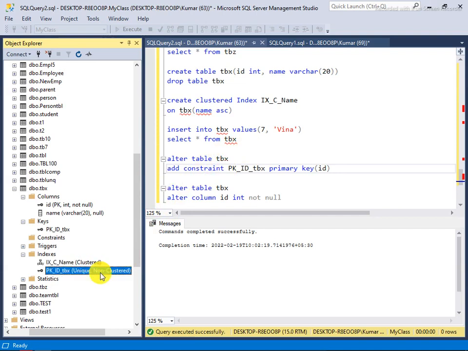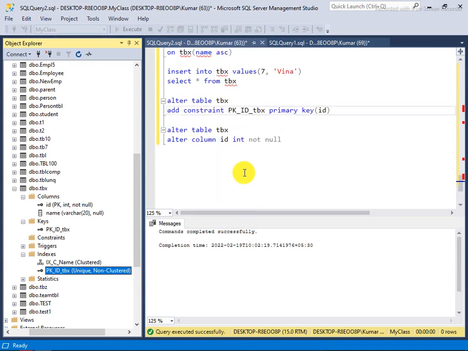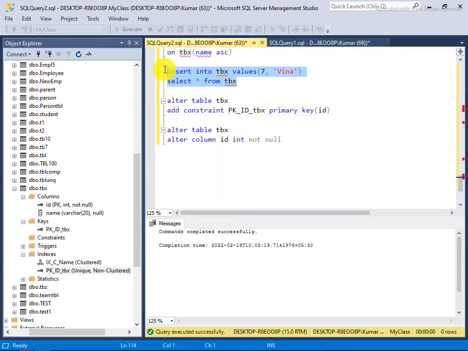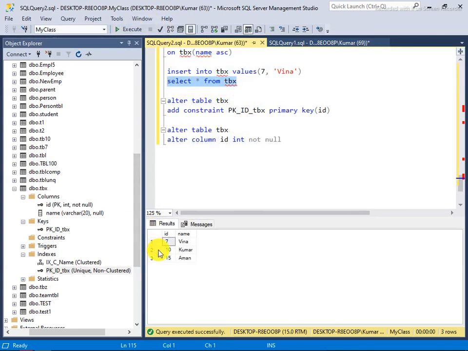So if you try to insert any value, it will not be sorted by the primary key, because this time it's a non-clustered index. That's why it's not making an order of the sequence.